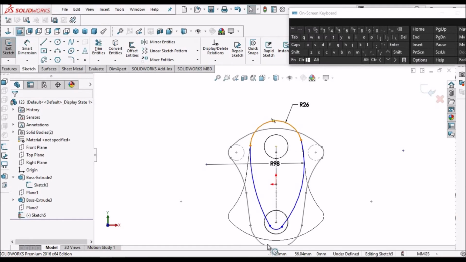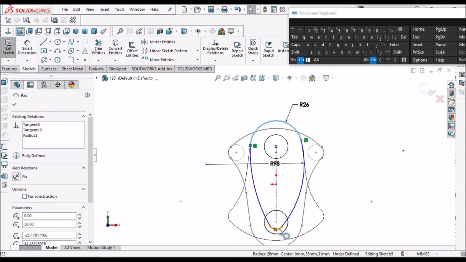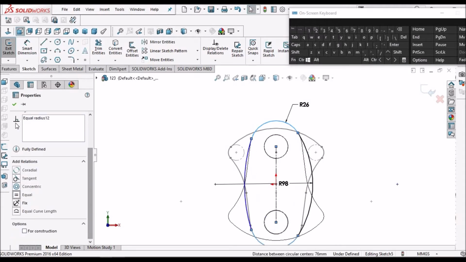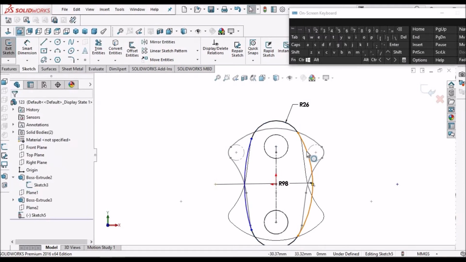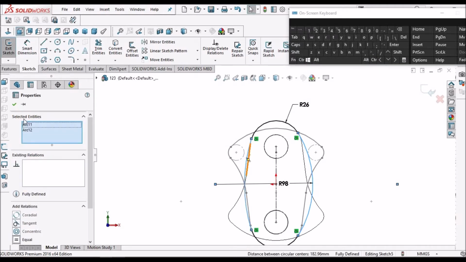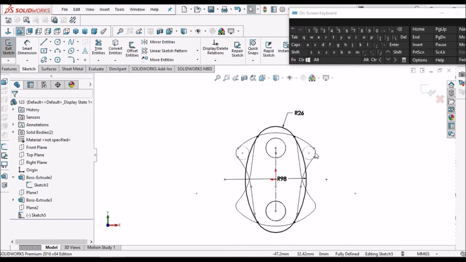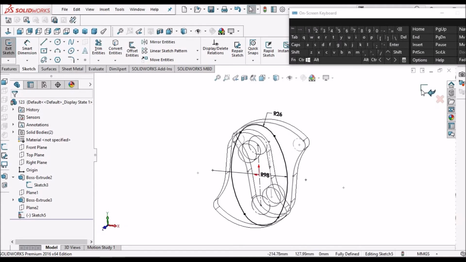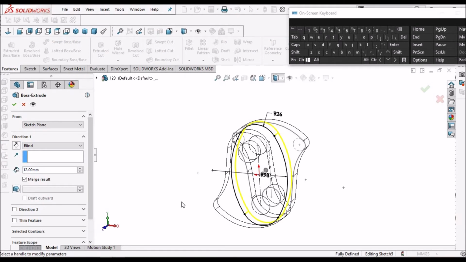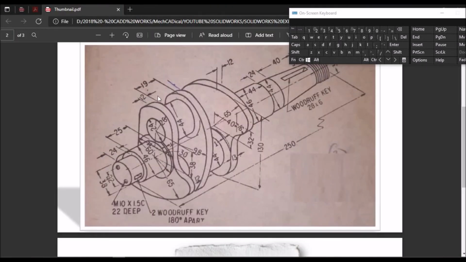Now simply make this and this arc equal. And make this and this arc equal. So go to feature, see we have created from this face to this face a simple plane, parallel plane.